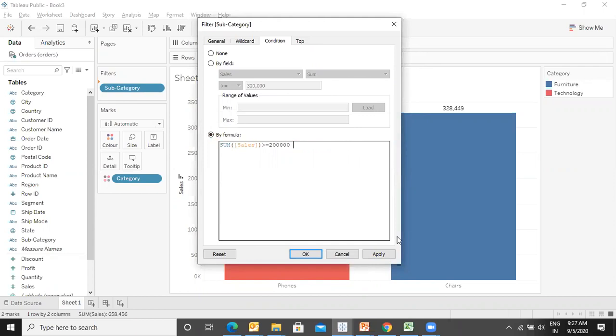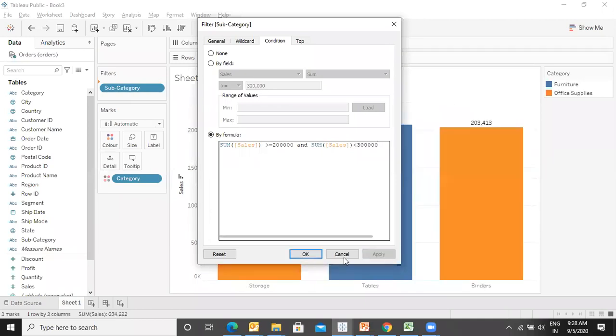What happened? Sum of sales is greater than 200,000. Okay, we will make it like this, where sum of sales is greater than or equal to 200,000 and sum of sales is less than 300,000.